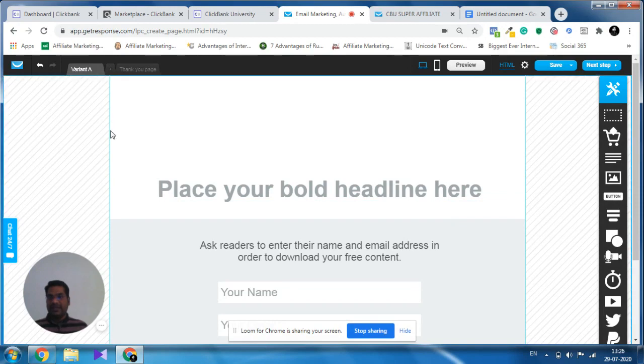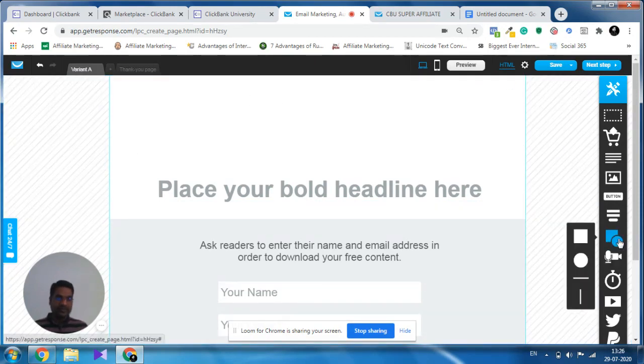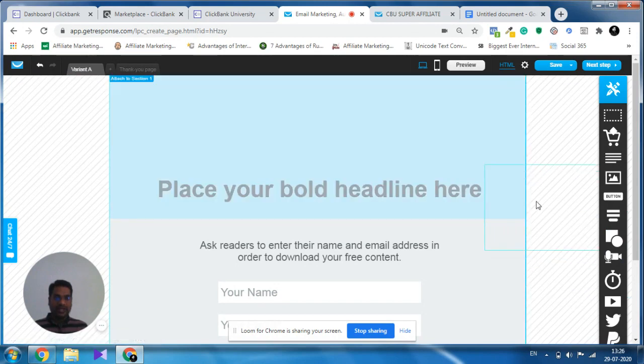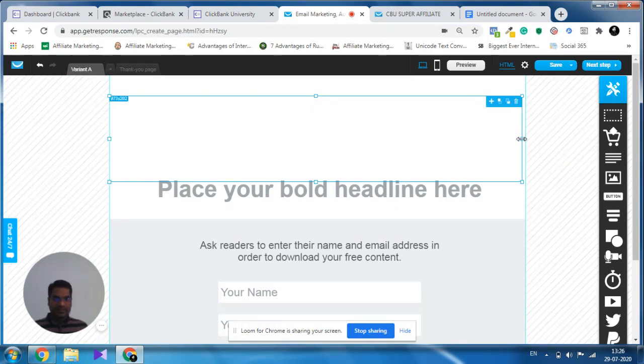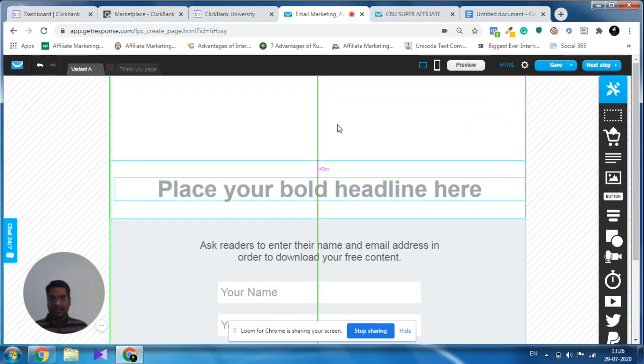First of all, I need a rectangular shape here. Okay, so shapes are here. You just need to drag it and drop it here. Okay, now I have to just fix it like this. Okay, like this.